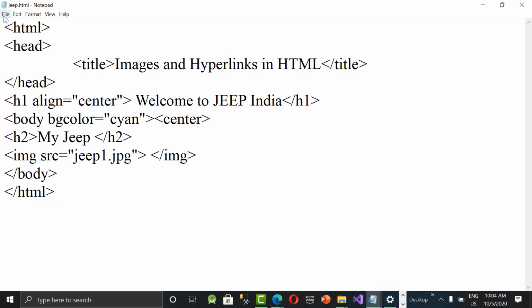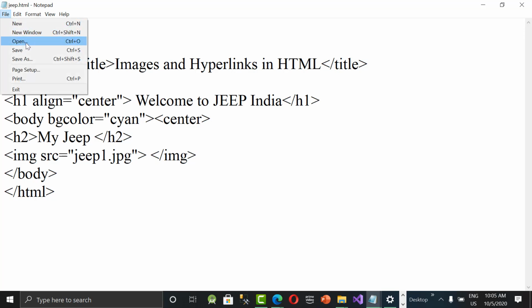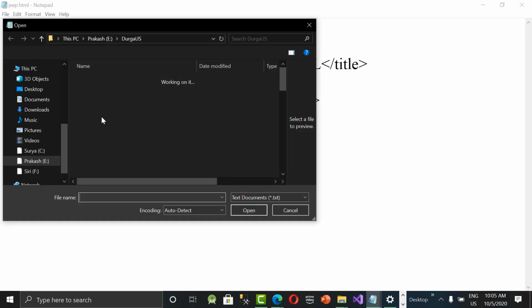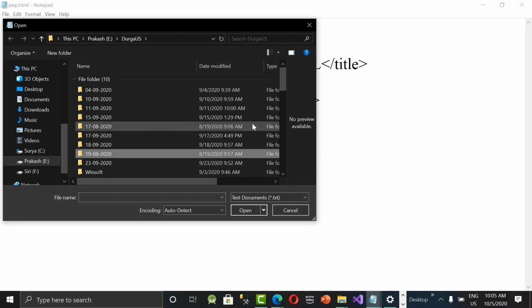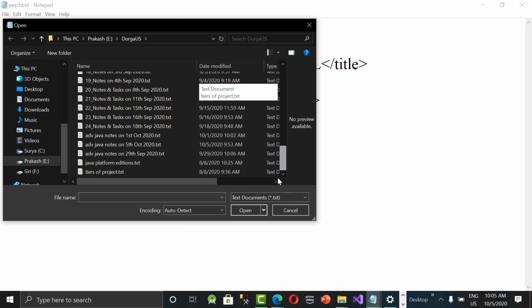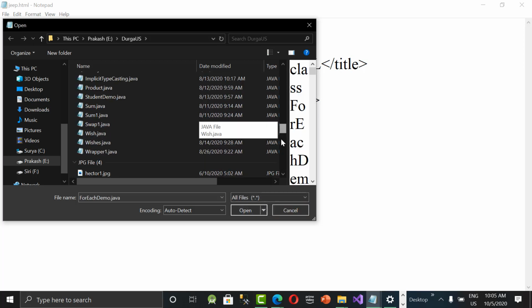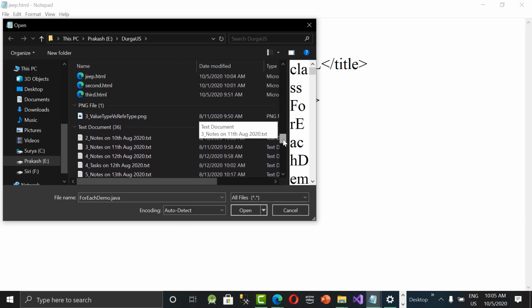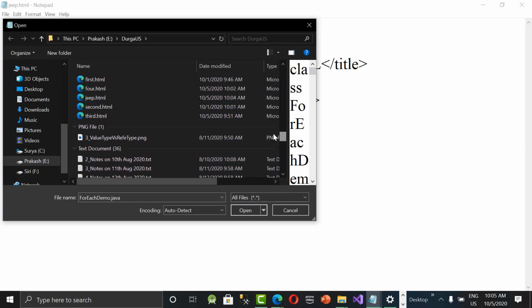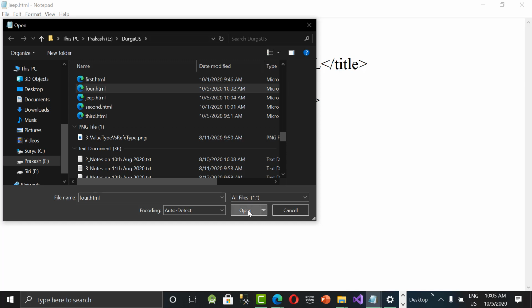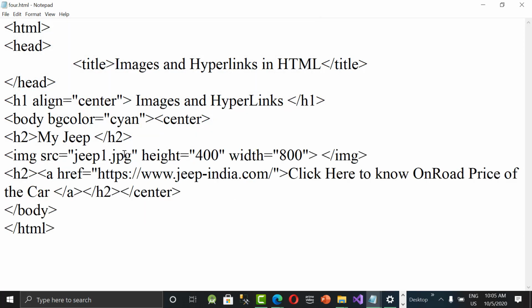So now go to this, what's your file name? 4.html. Now open our 4.html. Select all files so that you can see HTML files also. Go to 4.html. Open. So previously I gave one image. I gave an anchor tag to this particular text. Now I'm removing all this text.